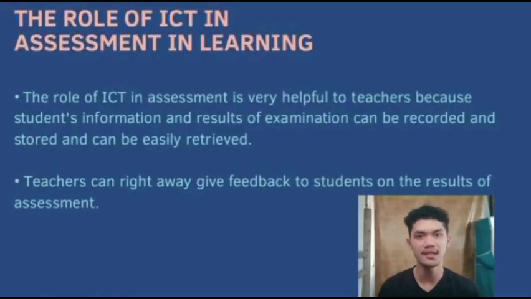For today's video, I'm going to discuss the role of ICT in assessment learning. The role of ICT in assessment is very helpful to teachers because students' information and results of examination can be recorded and stored and can be easily retrieved. The integration of ICT in assessment benefits teachers by enabling them to efficiently record, store, and retrieve students' information and exam results. This streamlined process enhances organization and accessibility, ultimately supporting teachers in effectively tracking and analyzing student